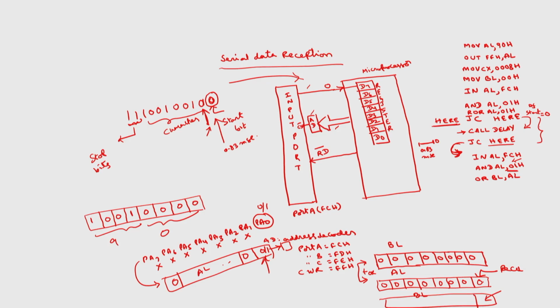This bit will be whatever the bit of this one is, transferred. So, 0 if you OR with 0, 0 only. If this is 1, 1 ORed with 0 will be 1. So, simply the last bit of BL becomes the first received bit. In our present case this is 0. So, the first bit received will be 0 here. Okay. Then I will call the delay. Before that, I will rotate. I will call the delay, because this has to be present for a delay of 0.83 milliseconds.